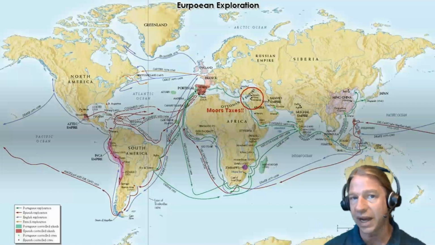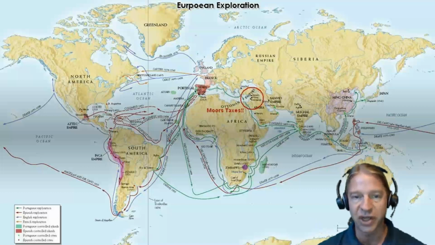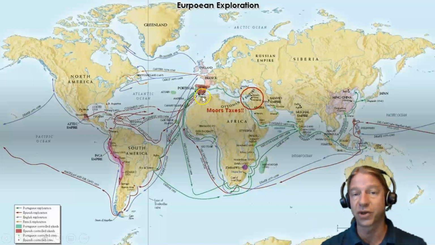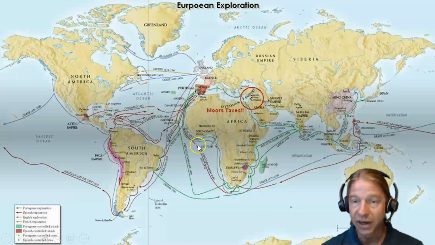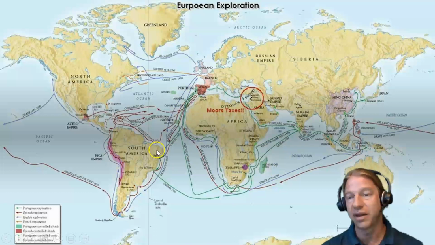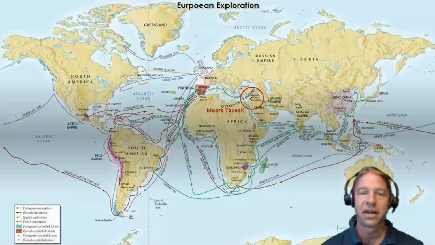So we're going to look at European exploration, particularly the exploration that begins in the 1400s under the leadership of the Portuguese, who under the leadership of Henry the Navigator began exploring the coast of Western Africa, eventually under Vasco da Gama creating a trade route to India and establishing the trading port of Goa, and also, of course, the Portuguese establishing the roots of modern Brazil as they discovered in the European context the tip of what is today the country of Brazil,